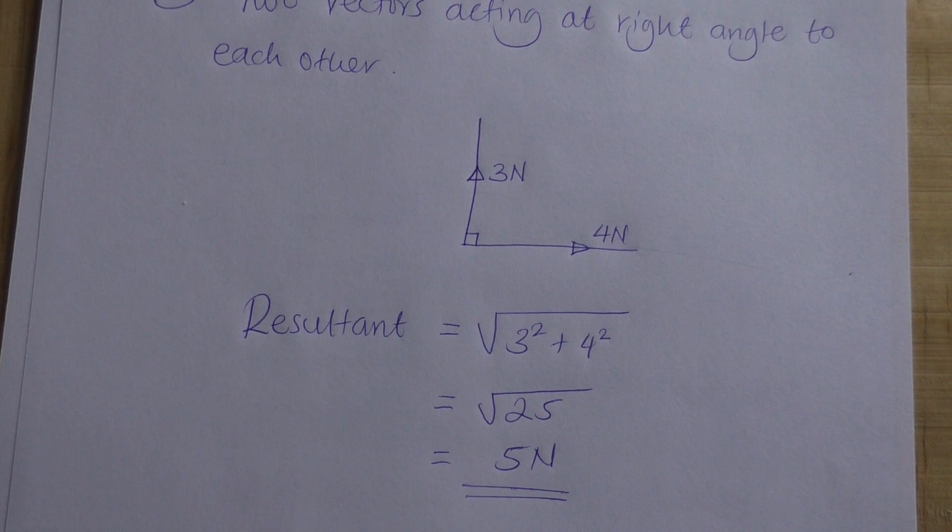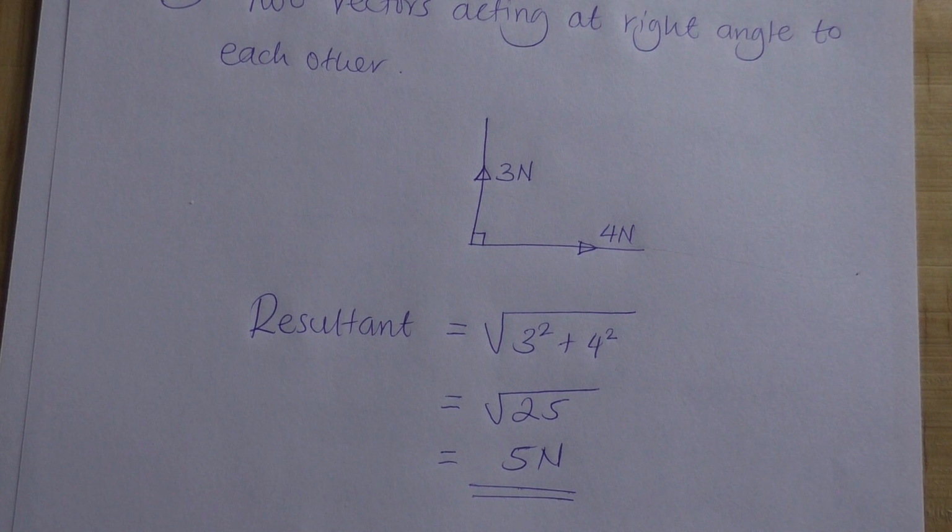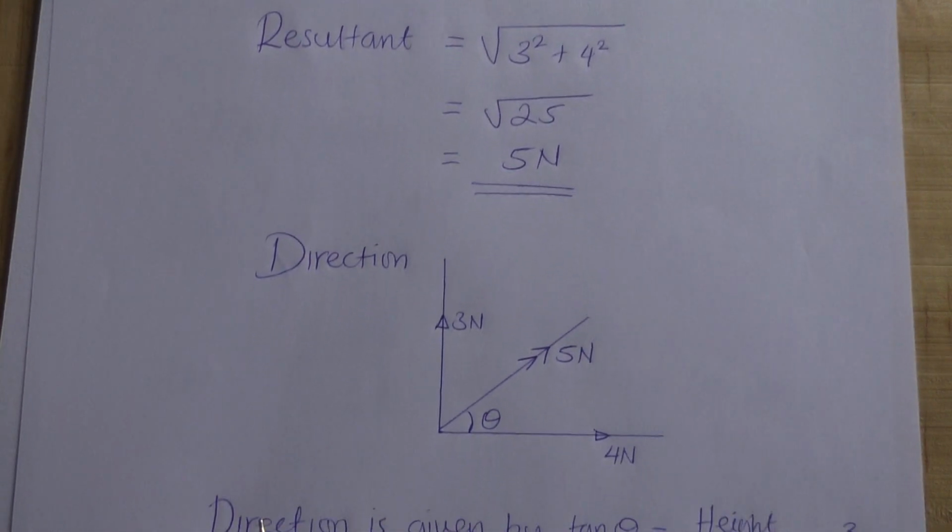And therefore, we must also obtain its direction. Remember, a vector has both magnitude, which is 5, and direction, which we are yet to find. For the direction